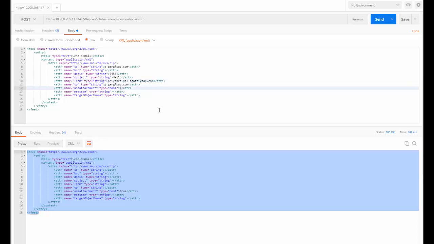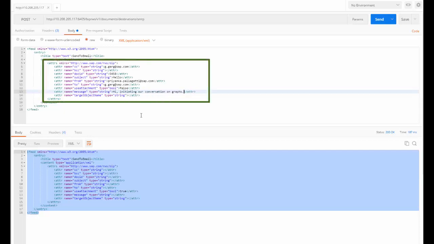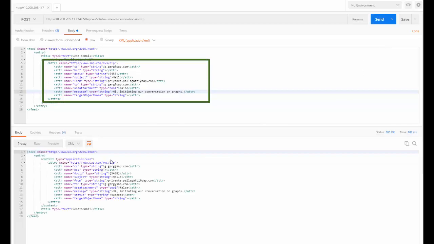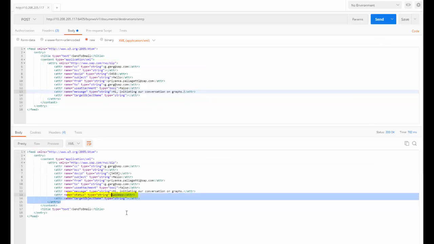If there is no attachment, we can edit the use attachment boolean field and set it to false. Specify your message. And having populated these fields, we will choose send. And we see that the server returns a success message.